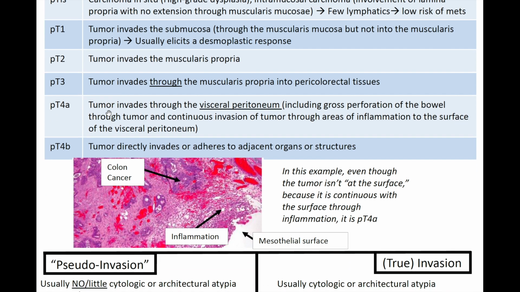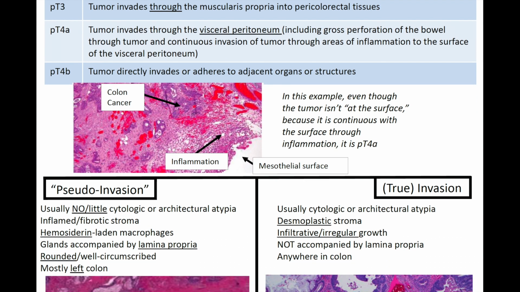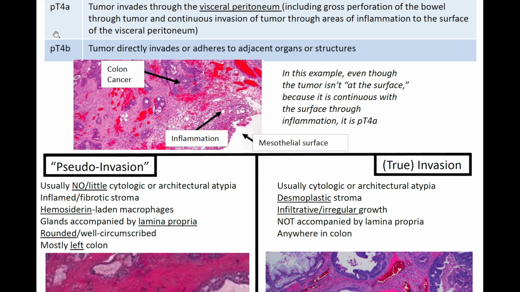invades through the visceral peritoneum, including gross perforation of the bowel through tumor and continuous invasion of tumor through areas of inflammation to the surface of the visceral peritoneum. pT4b is when the tumor directly invades or adheres to adjacent organs or structures. And in this example, even though the tumor isn't at the surface, because it's continuous with the surface through inflammation, it is pT4a. So here we see the mesothelial surface, and we have the colon cancer or the tumor here,